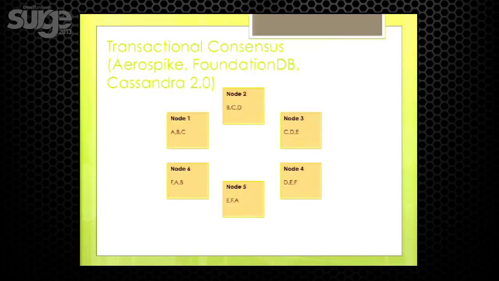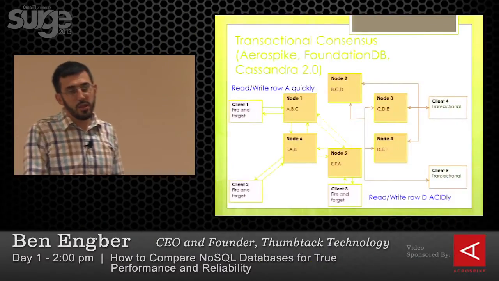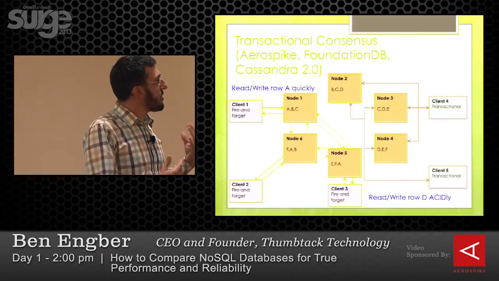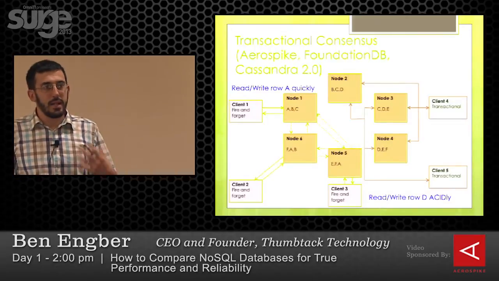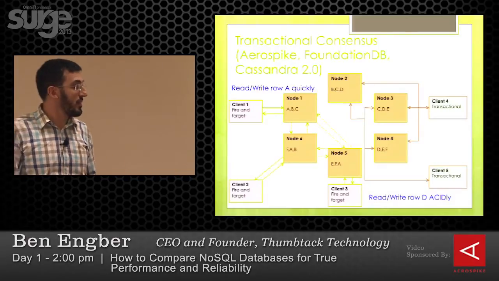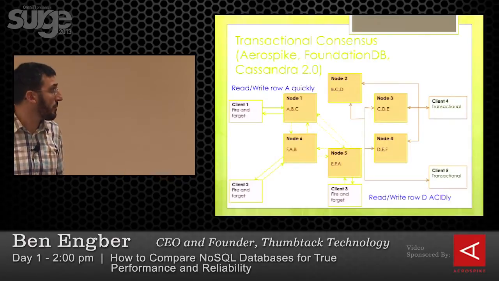There's sort of a level beyond this. Databases like Aerospike and FoundationDB, and now Cassandra 2.0 to some extent, take the same approach, but then they provide an additional level of transaction isolation to provide some level of ACID semantics to these types of transactions. And I'm going to go into where this makes a difference in a bit. But the point is that there's another level of strength and reliability that can be brought in. And again, all these things have overhead, so all these things hit you at some level.